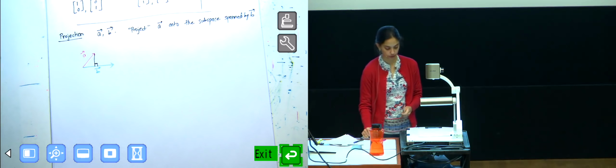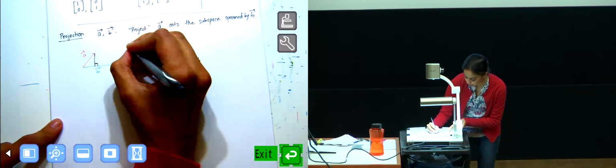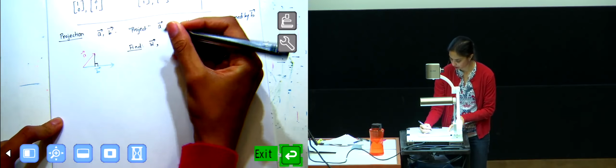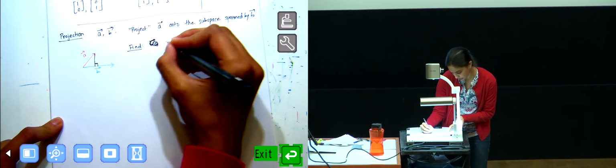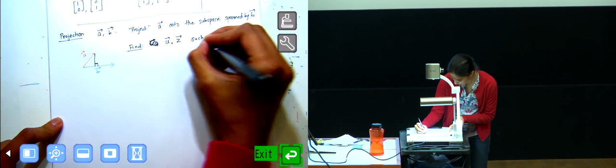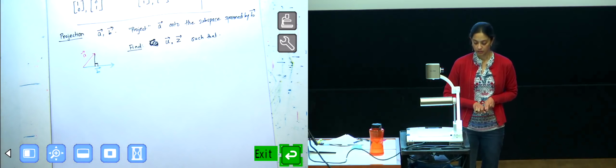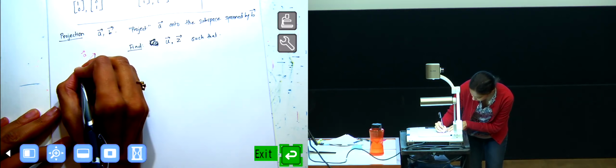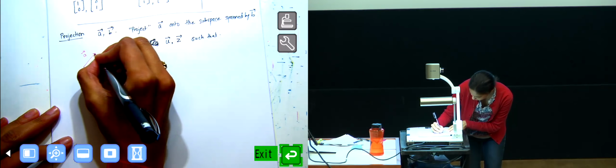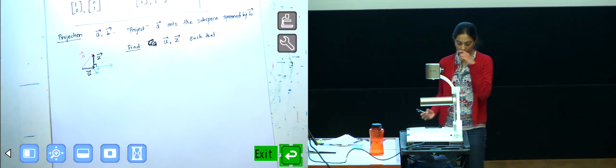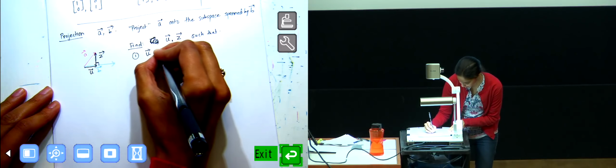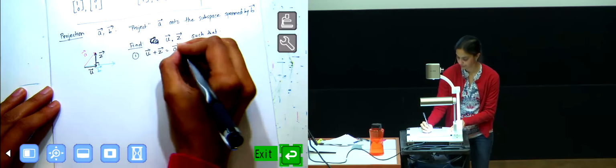So what we want to do is find a vector u and a vector z such that this vector here is u, and this vector here is a vector z. So I want to find u and z such that u plus z gives me the vector a,